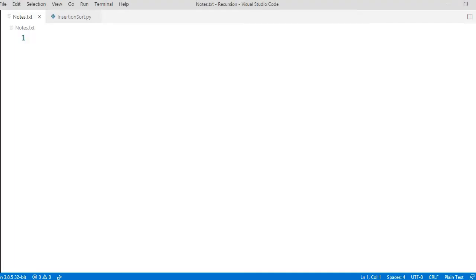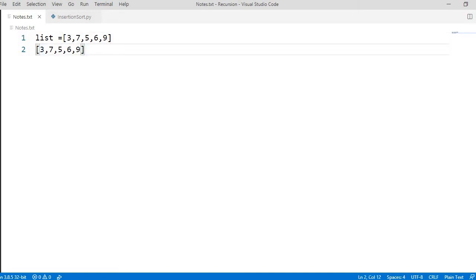Let's take an example. Let's take a list having a few numbers like 3, 7, 5, 6, 9. We have taken 5 numbers. Let's try to understand how it works. By default it takes 3 as the first number. It compares 7 with 3. Here 3 is less than 7, right? So it will keep it as it is. There is no change to be done. So the list will be the same, like 3, 7, 5, 6 and 9, because 3 is the first number, the key, which is compared with 7.